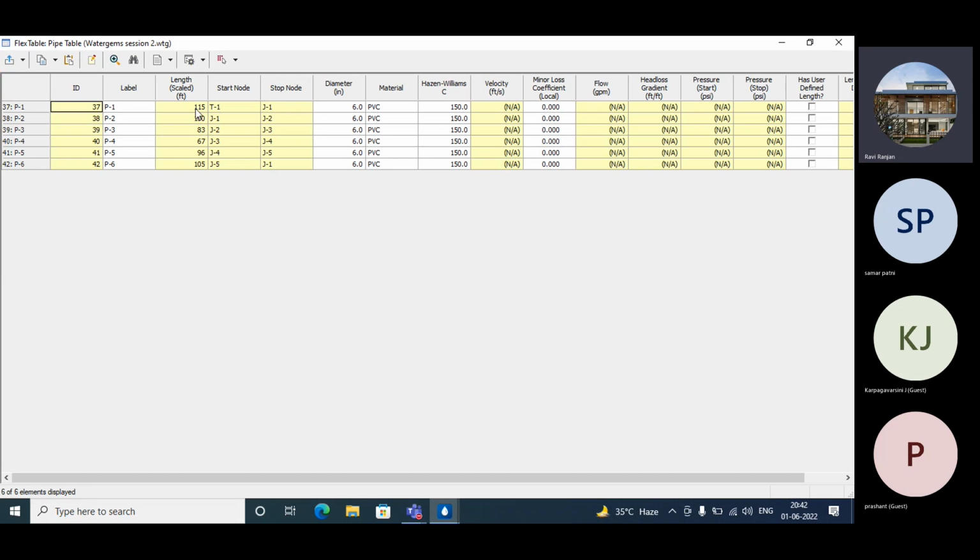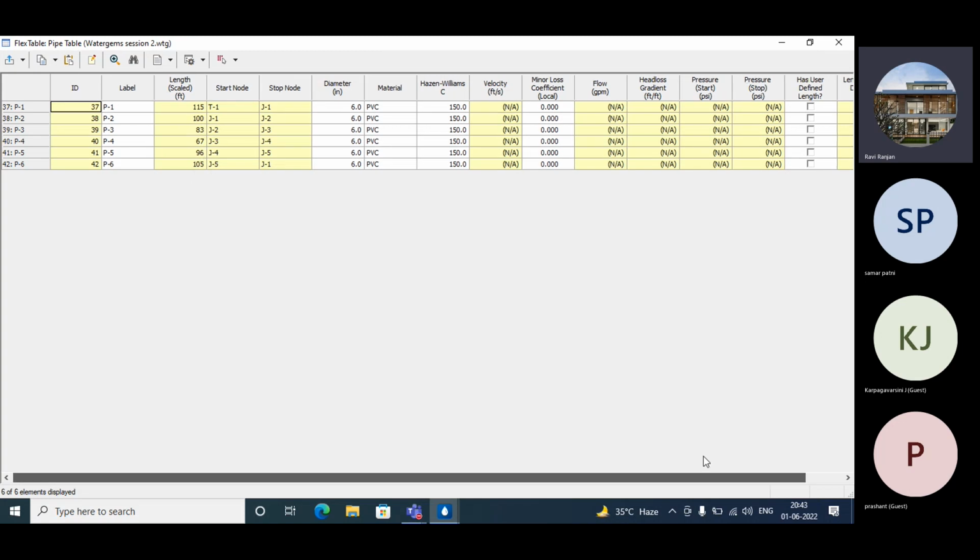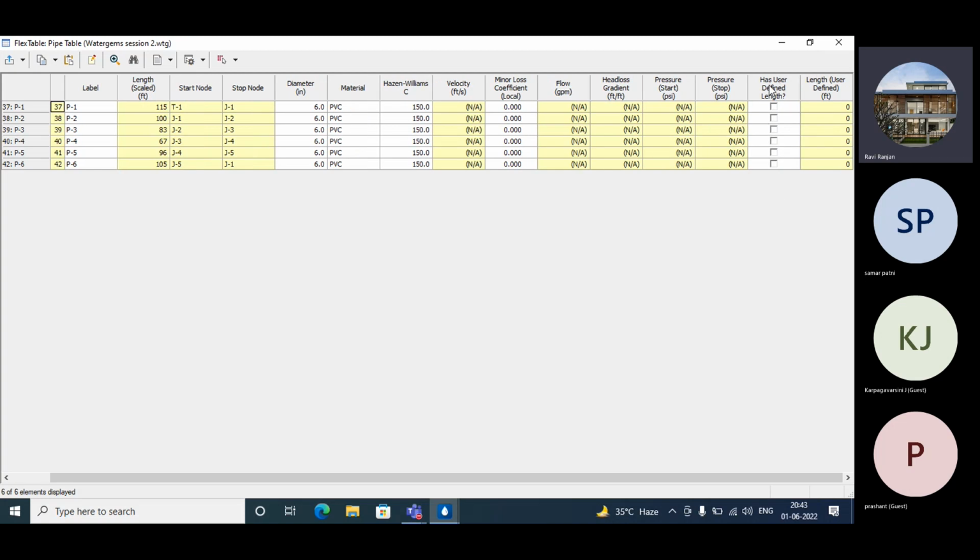Then it will automatically pick the scaled lengths of 115 feet, 100 feet, 83 feet, 67 feet, 96 feet and 105 feet. But if you want to give them again as has user defined length, a length user defined in feet, if you want to give this dimension here,